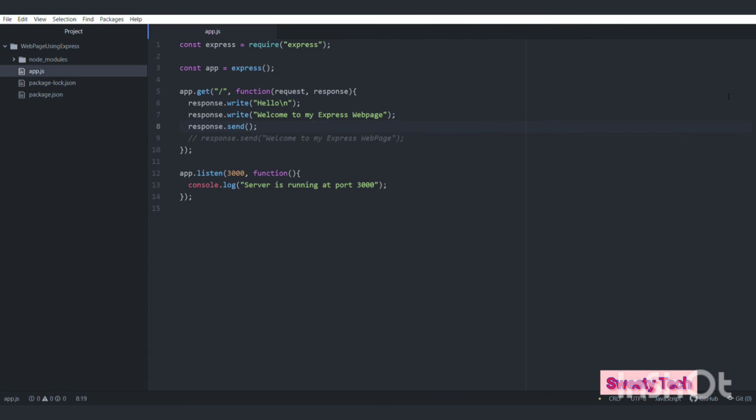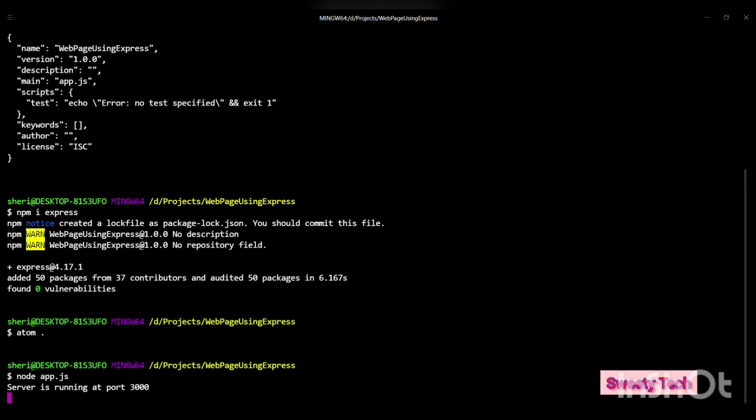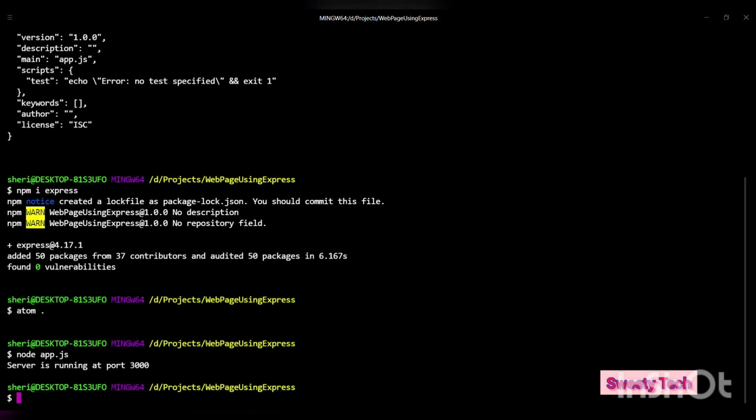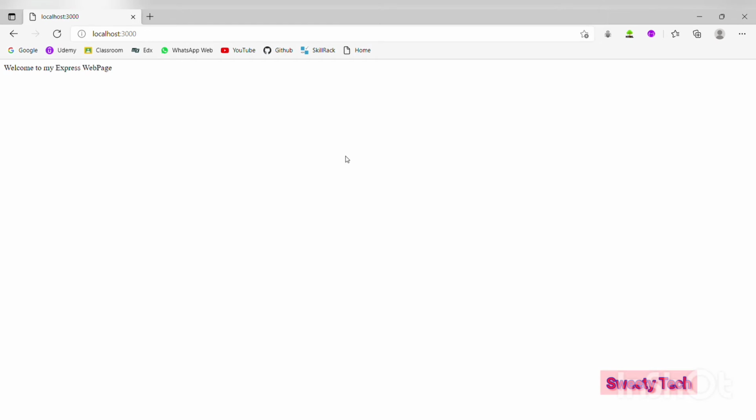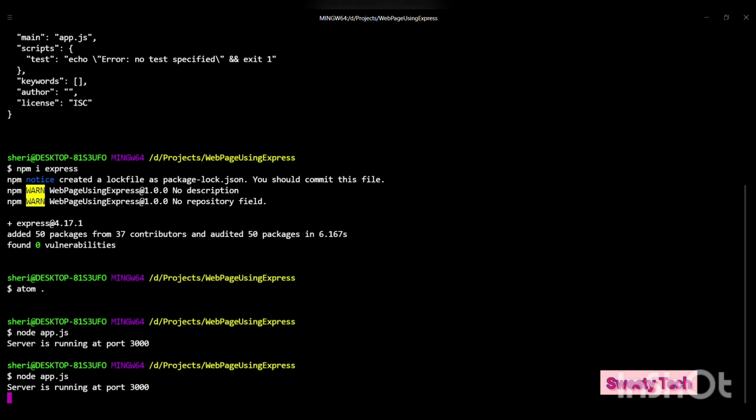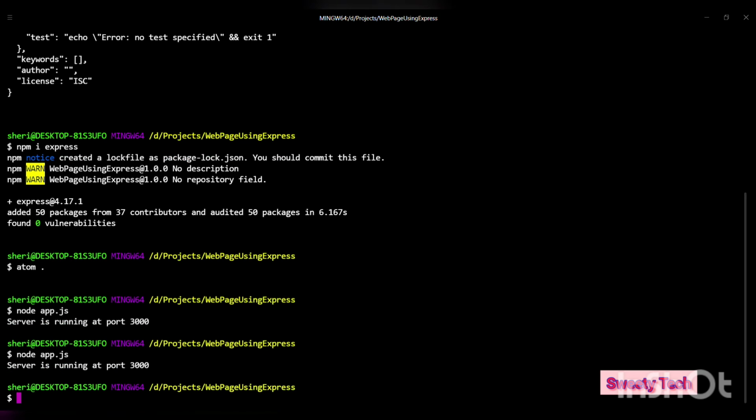And then I'm going to my hyper terminal and pressing Ctrl C to end that server, and restart our server using node app.js, and we see the message server is running at port 3000. And then I'm going to my browser and refreshing my localhost 3000 page. Then you can see two lines of messages are displayed in that browser. For stopping the server, as you already know, you can use Ctrl C.